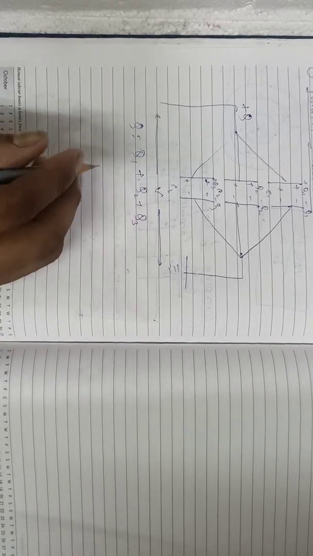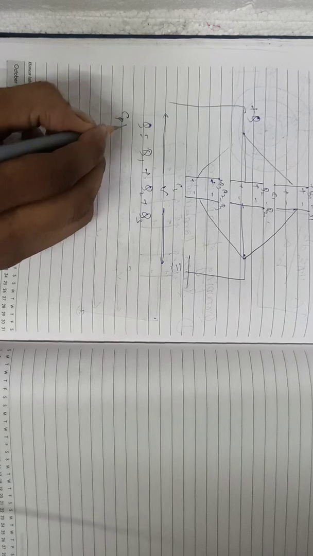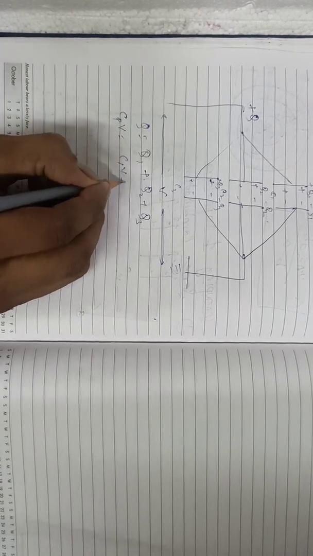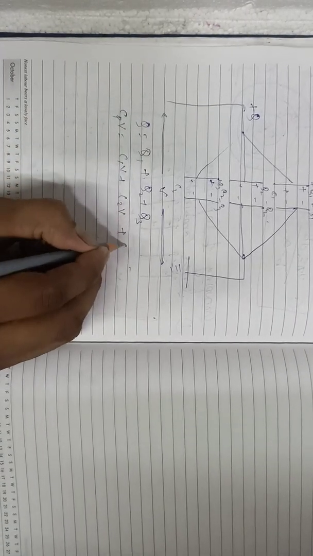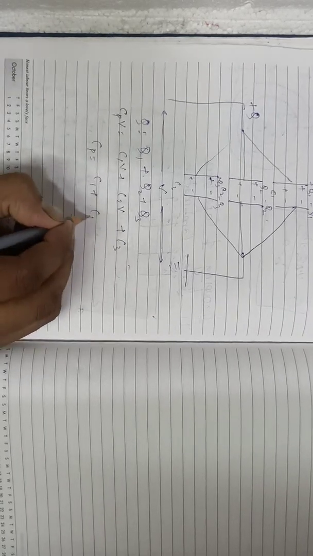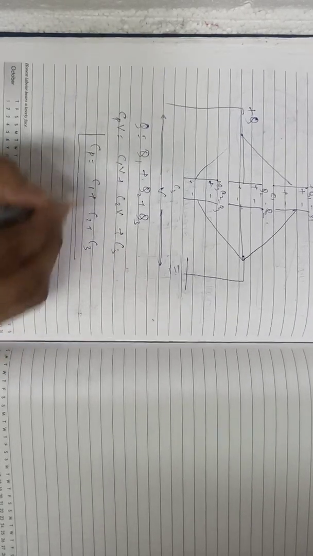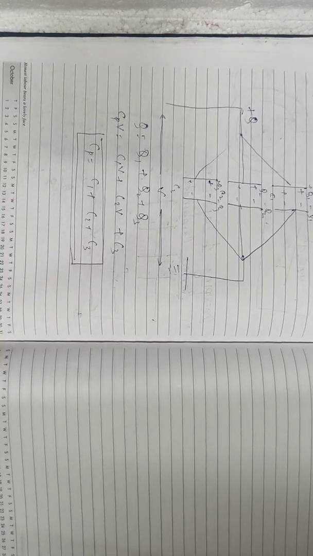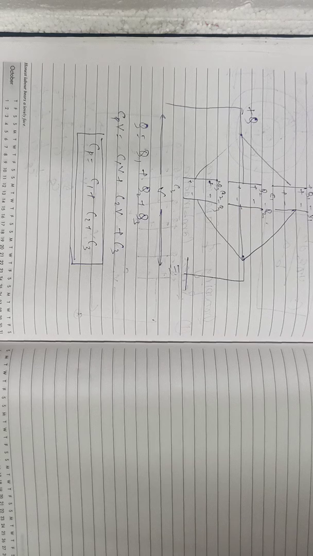In place of Q we will write CV. We can write here C_P V, C1V plus C2V plus C3V. So we find the result as C1 plus C2 plus C3. So what we can conclude from here is that the result of the combination of resistance in series and parallel is just the opposite of the result of the combination of capacitance.